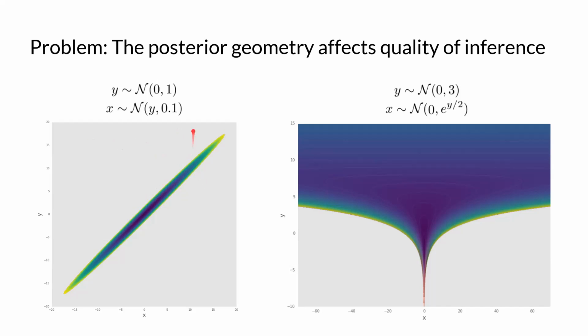Propose that, reject. Propose that, reject. Propose that, reject. So we're forced to do very little steps, and that's going to look like that. We're just going to explore this very, very slowly. And that's not good. That's inefficient. It's going to take a very long time for us to sample from this and so on.